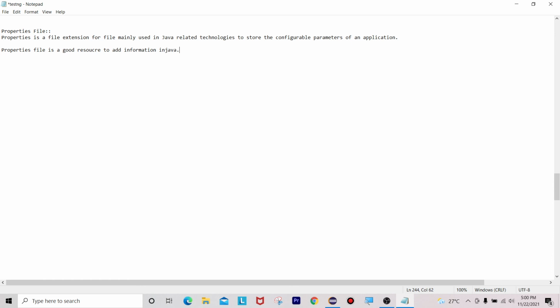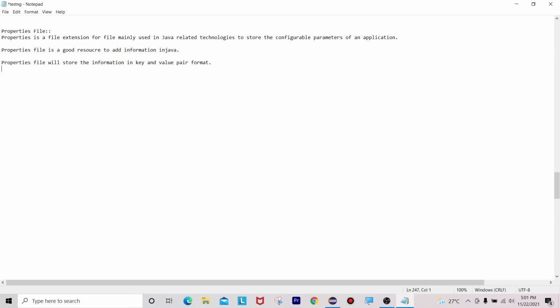Okay, how will it store? A properties file will store the information in key and value pair format.